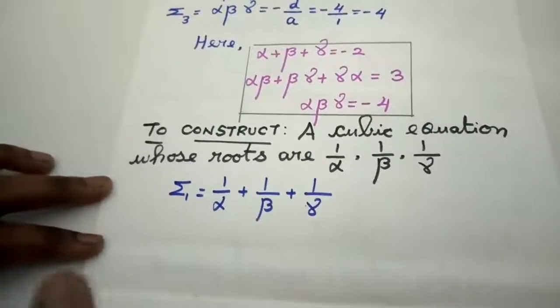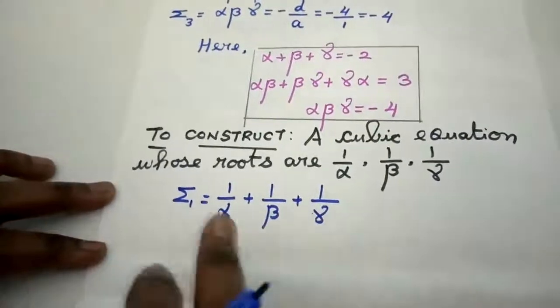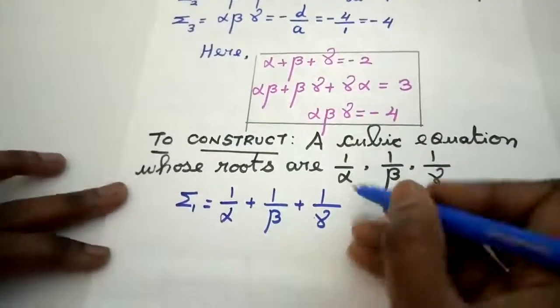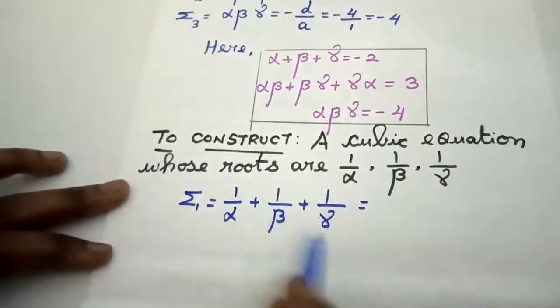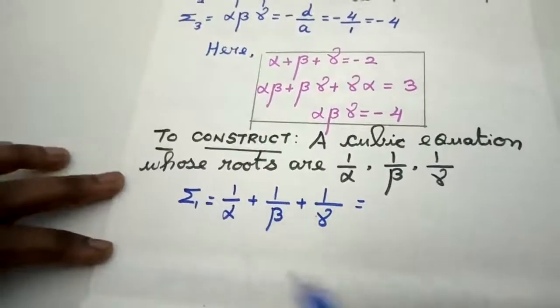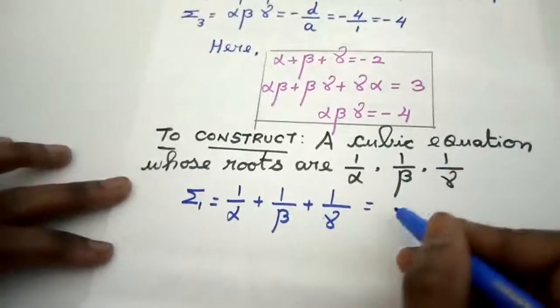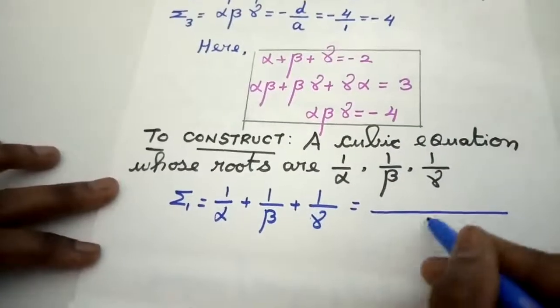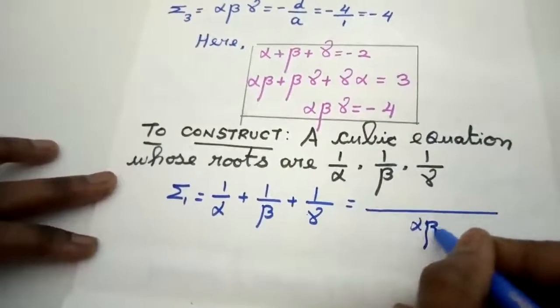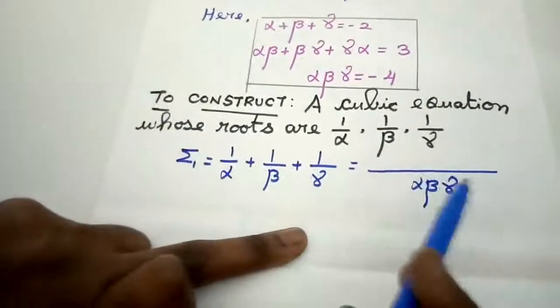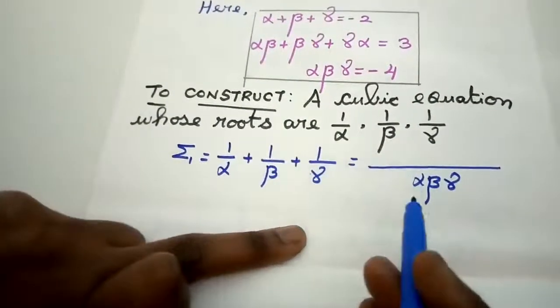But if you see here, the denominators are different. If I want to make the denominator same, what should I do? I should write the denominator as alpha, beta and gamma. I am going to write like this, students, that is alpha, beta and gamma. Only if I do like this, I can move on further with my calculation.